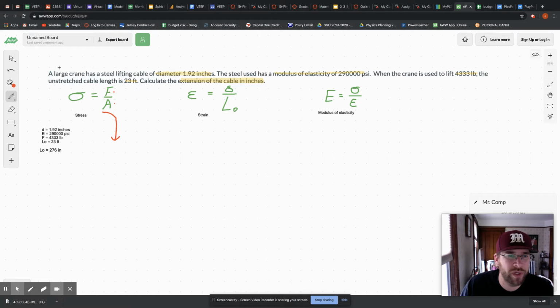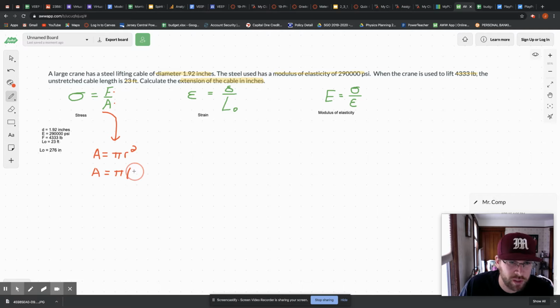Well, we don't know the area. It is a large crane steel cable with a diameter of 1.92 inches. We can use that diameter to find the cross-sectional area, which would be pi r squared. Make sure you're plugging in the radius and not the diameter. So my equation is pi times r, which is half of 1.92,